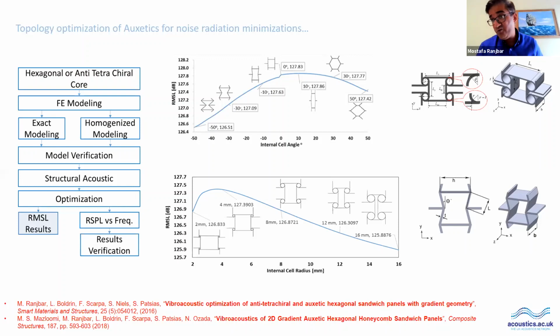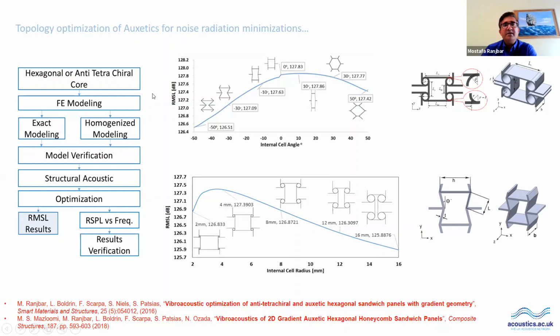This is useful in aerospace applications, because in aerospace you cannot change the outer surface of the structure, since it can affect the aerodynamic performance of the structure. But internally, you can change it. And this is exactly the point where you can use auxetic structures for vibro-acoustic applications. They have shown very good performance for aerospace applications. So these are the results of our paper.